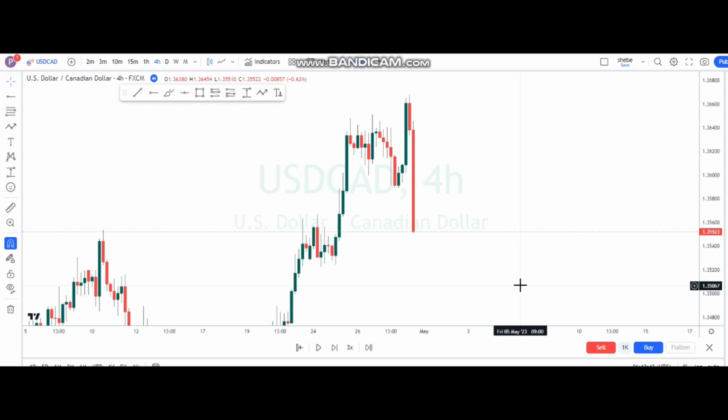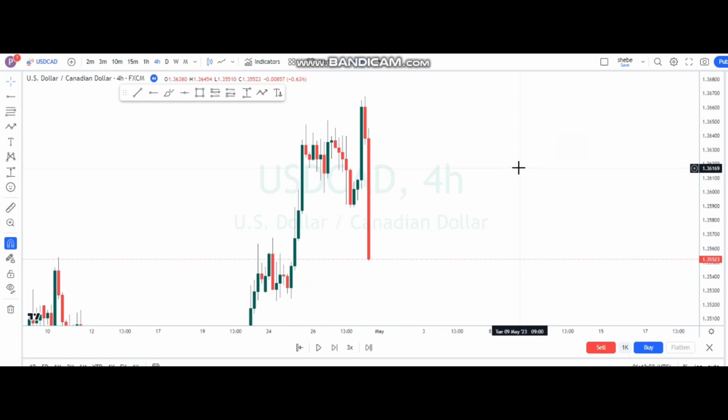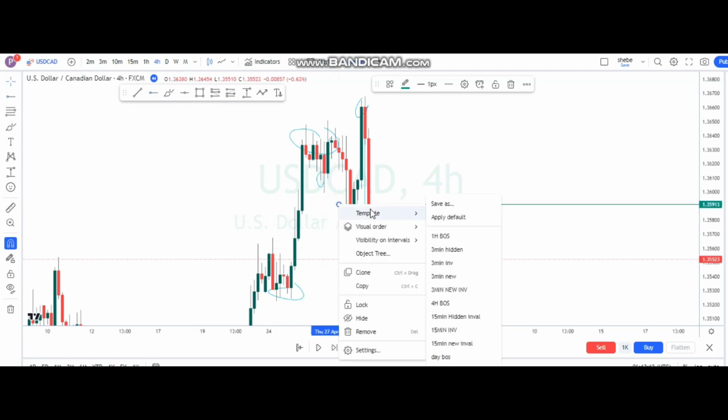Yes, today we have seen another opportunity on the pair of USDCAD. After this break on the 4 hour, like you see, this was low, this was high, this was low, this was high, this was low, this was high. Then the price came and broke below, hence making this one our 4 hour breakout structure over here.